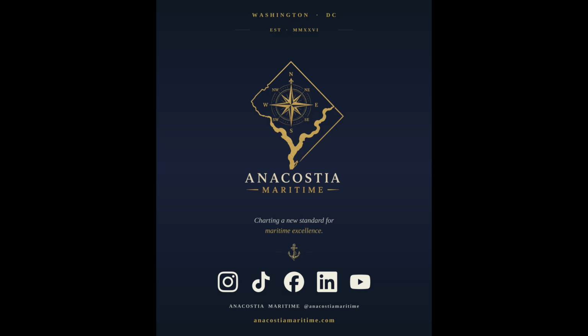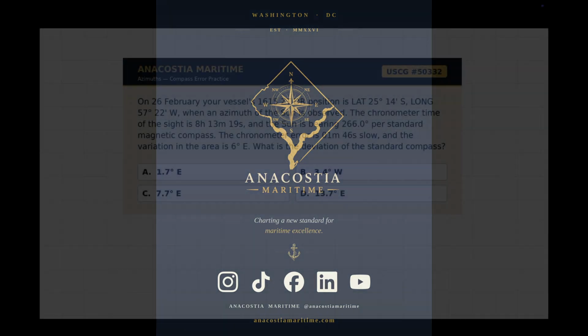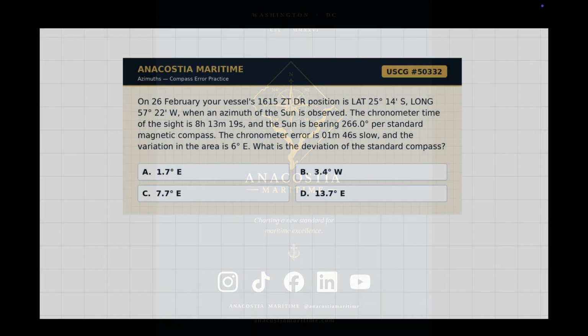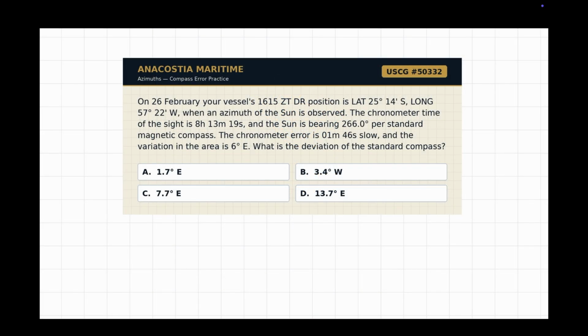Today, we're working on Azimuth problem 50332. We'll use Pub 229, Volume 2, as well as the Nautical Almanac and Bowditch. Let's get to it. On 26 February, your vessel's 1615 zone time DR position is latitude 25 degrees, 14 minutes